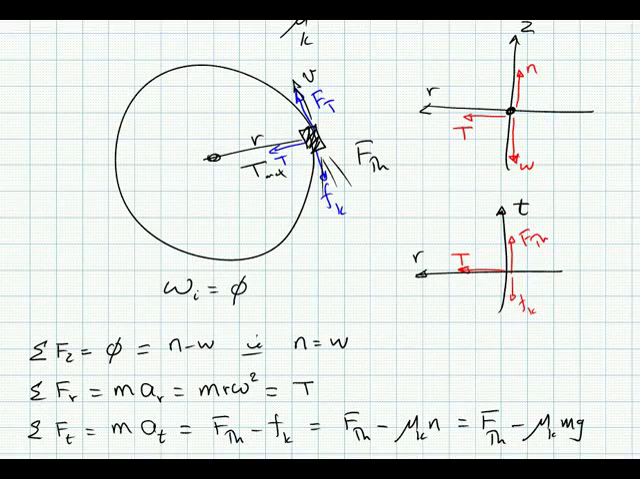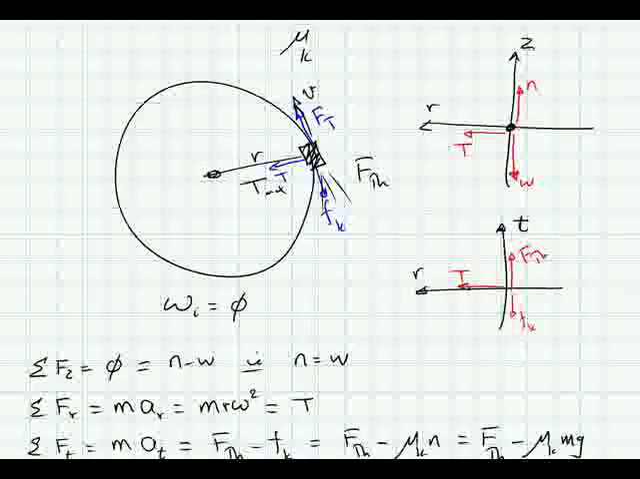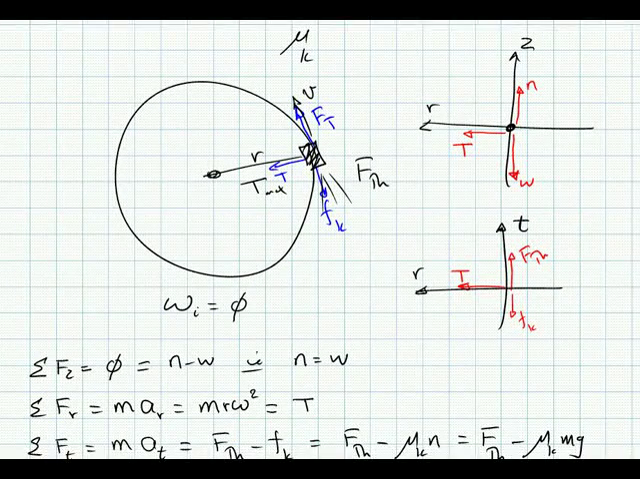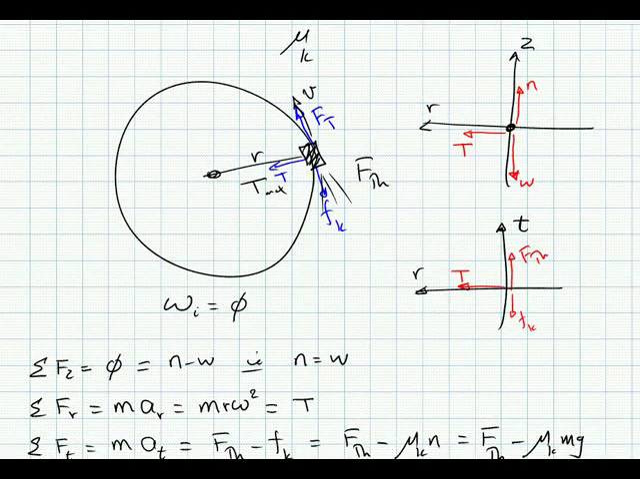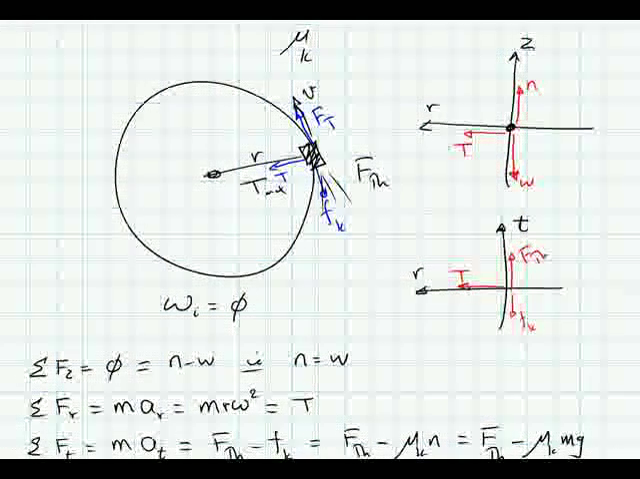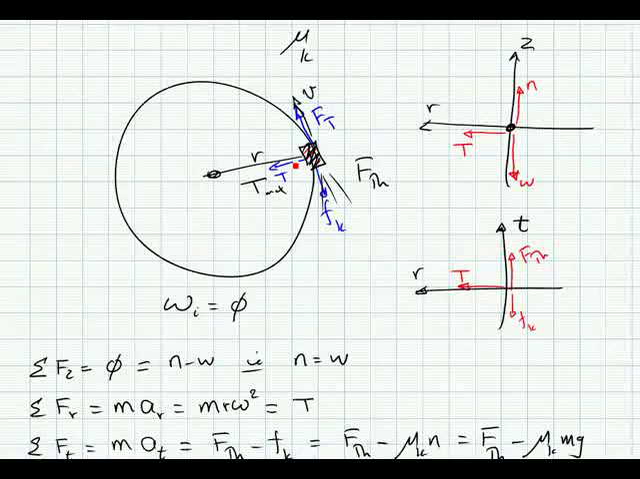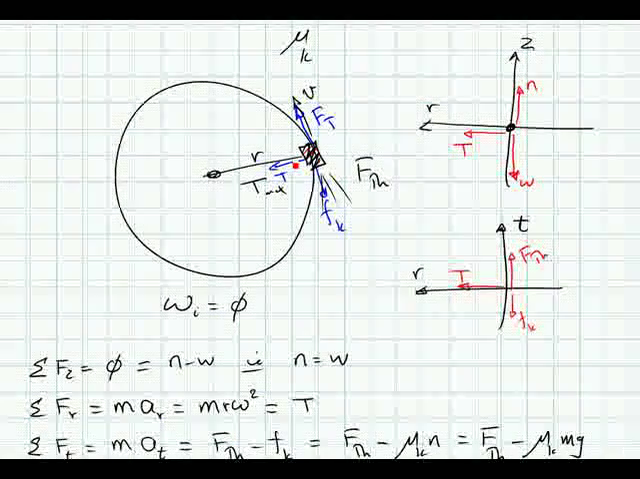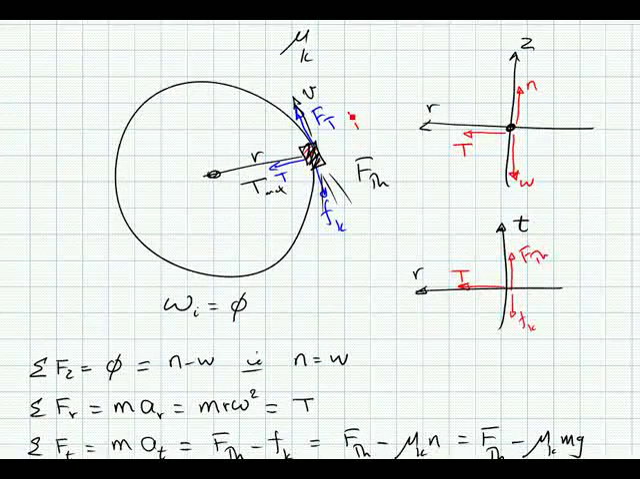Here's a problem involving an object which is moving on a surface around a circular path. The object, I believe, is a rocket-powered hockey puck, something that is found in everybody's closet. So we have our object and it is rocket-powered, so there is an F thrust. F thrust is what is propelling the object